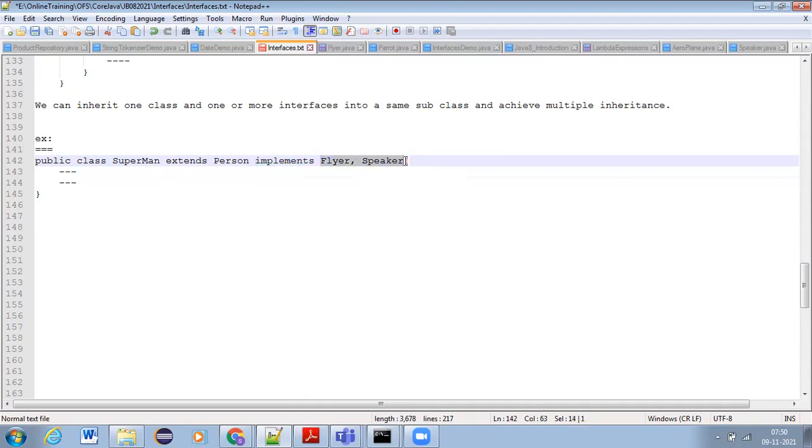Clear? This point is very important, which you need to remember. Is it clear, guys? Need to remember all these points, very important points.